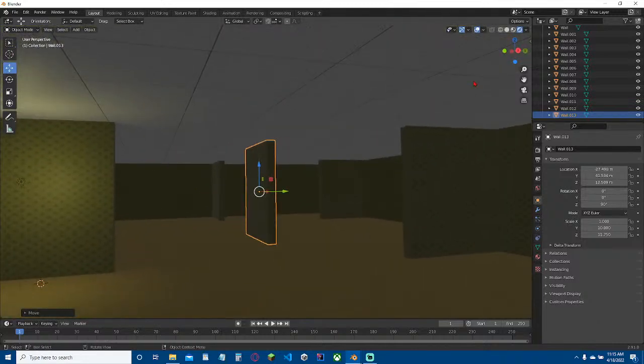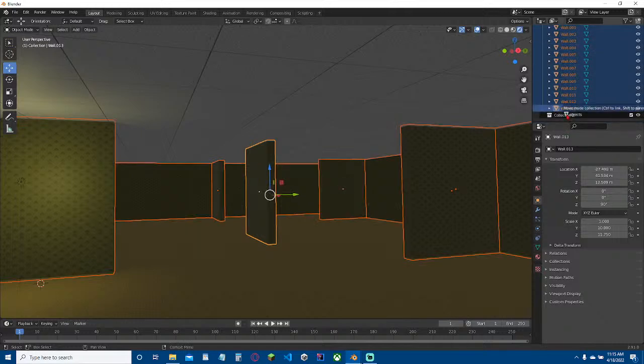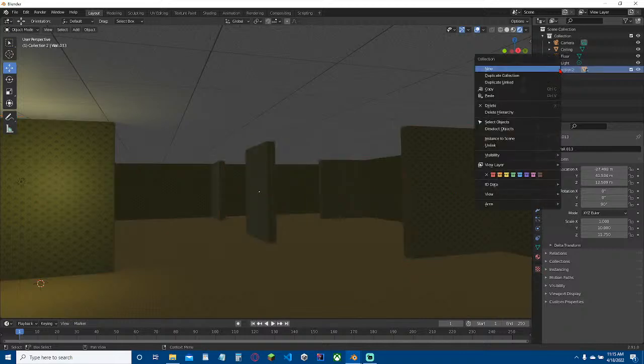I think this is good. So we got this whole thing set up. There's a lot of walls, so maybe let's create a new collection and just bring every single wall that we have in the scene into the second collection. I think you can rename the collection just by anything, but